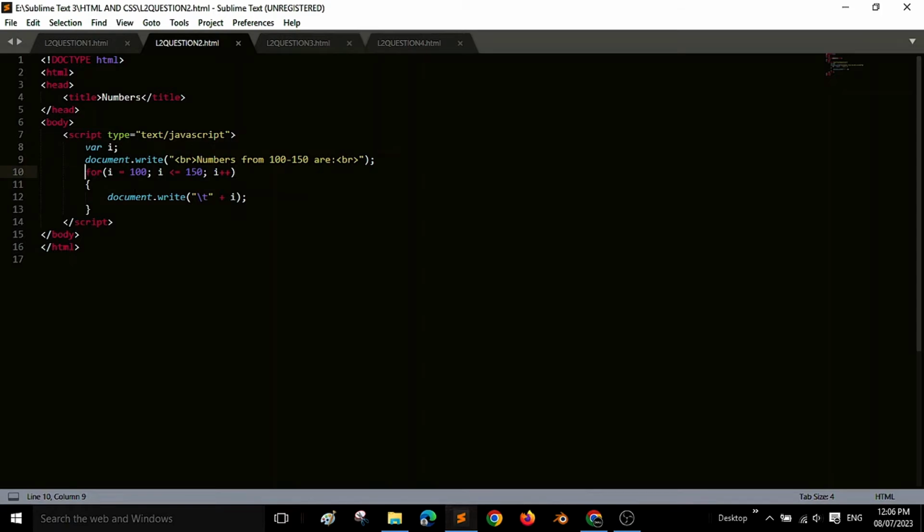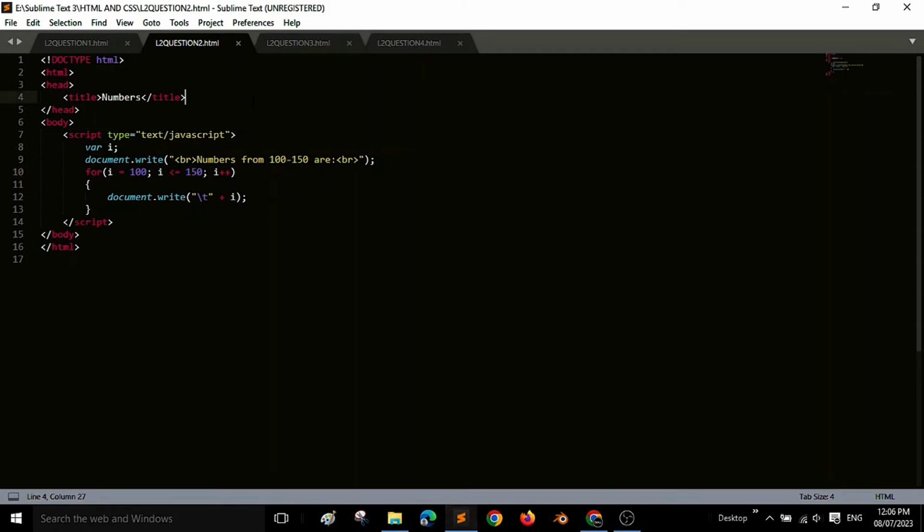Here you can see the for loop, right? A for loop is used to repeat a set of instructions multiple times. Now what to repeat, what will be the loop, all will be discussed here. In the question we were asked to start from 100, right? So we have set i to 100. i equals 100 means our numbers will start from 100. Then further you can see i is less than or equal to 150.